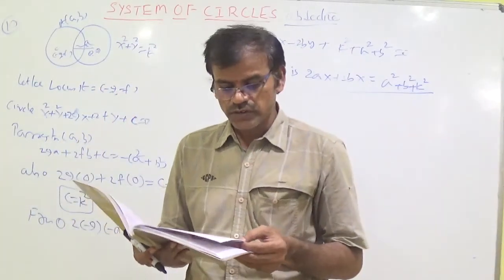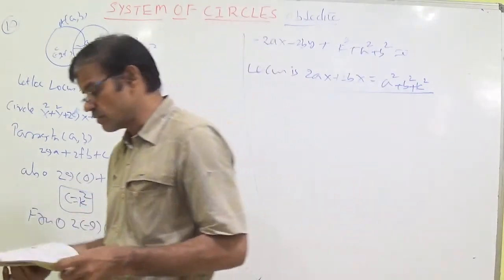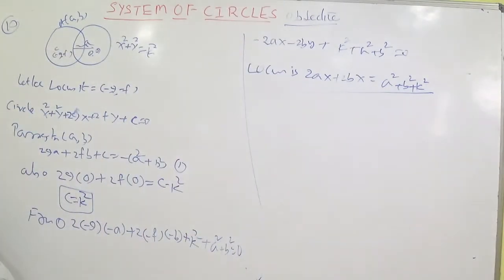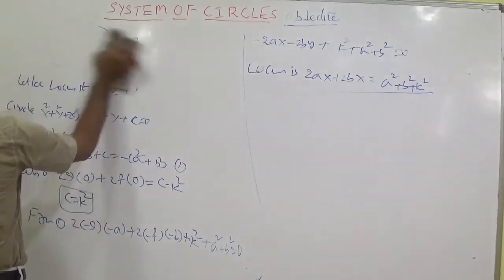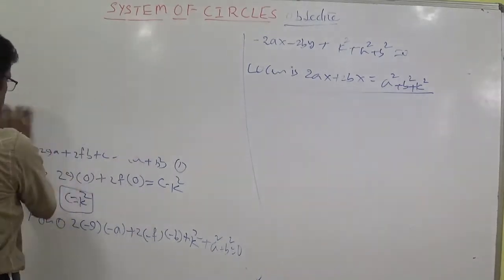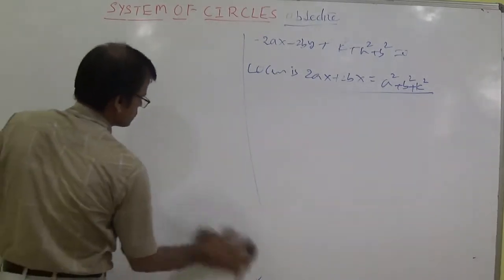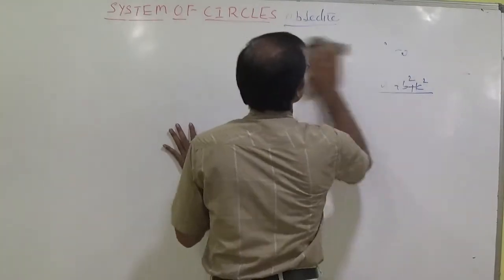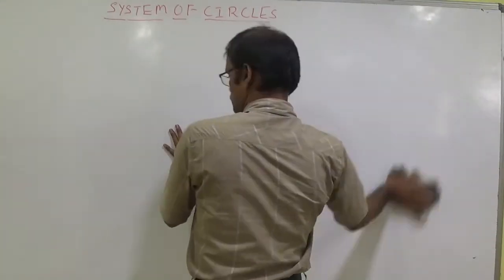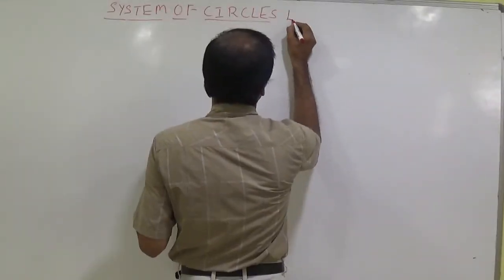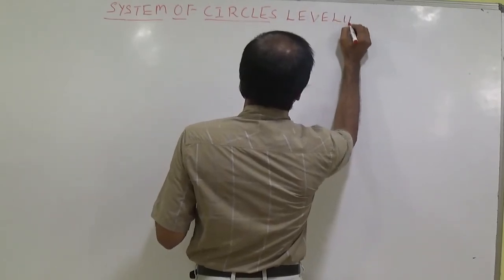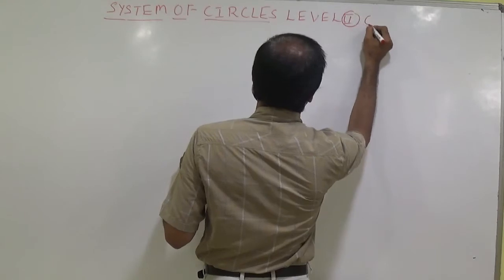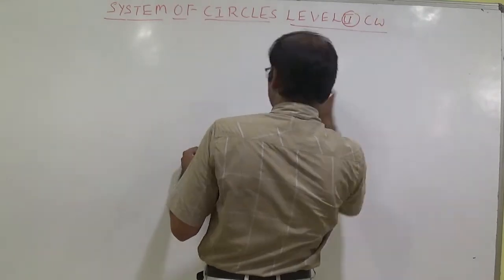So now let us discuss module 2 classwork. Each and every sum I will discuss. Wherever it is easy, I will simply give it as homework to you, for the level 2 classwork and homework sums if they are easy. System of circles, we have completed theory bits. Now let us discuss level 2 classwork.